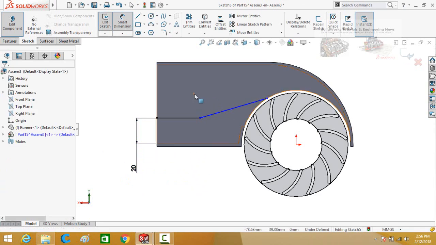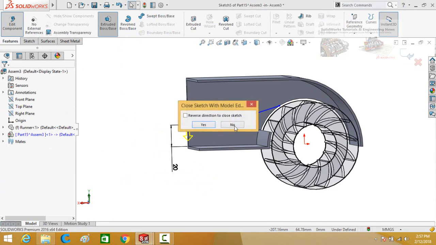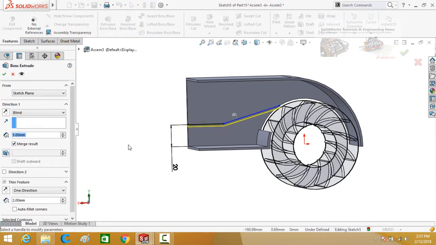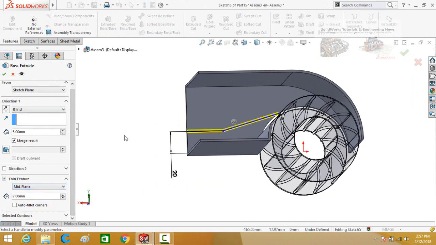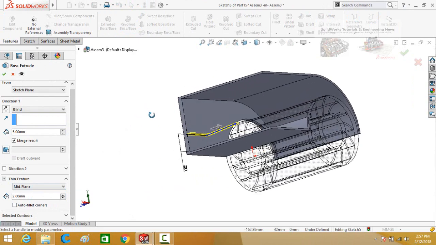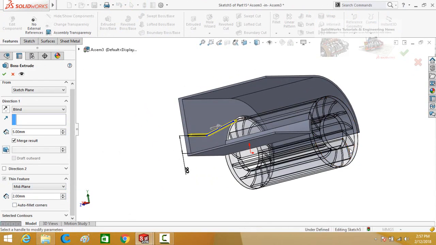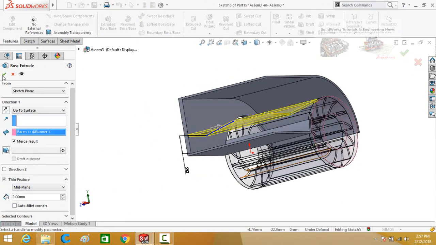Press escape button and then extrude it from features. Press no. Scroll down and drop down these options, select mid plane. Double click on this face, press OK button.